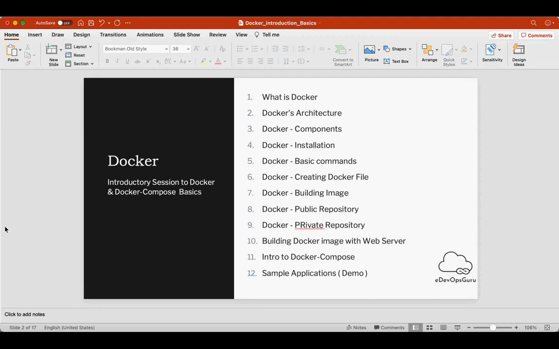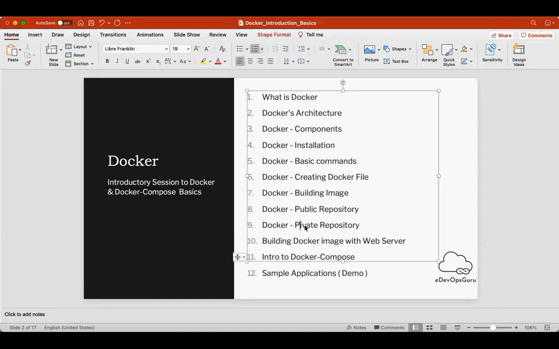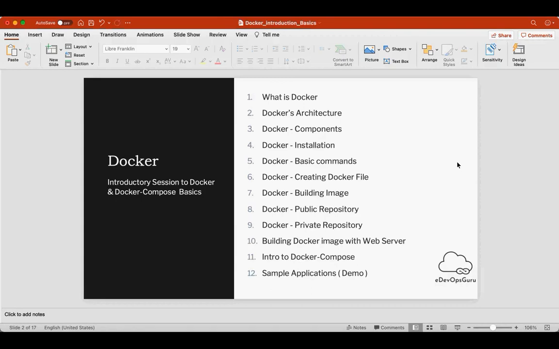Then we will see what are the different types of Docker repository in terms of public and private, and then we will also cover Docker Compose. What is a Docker Compose? And we will create some sample applications using both Docker and Docker Compose to understand how it actually works and what are the different steps involved in it.